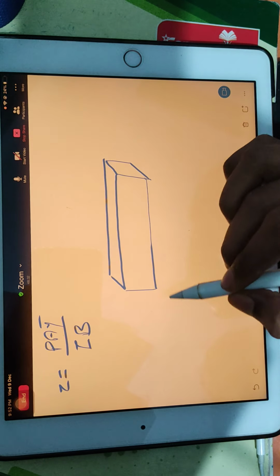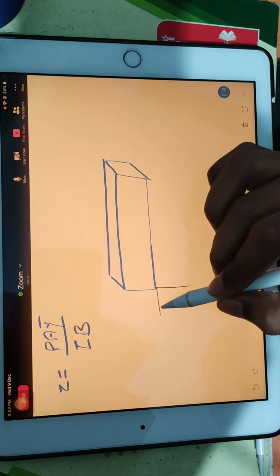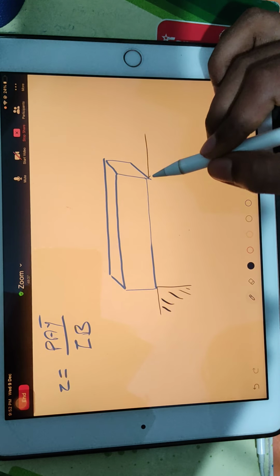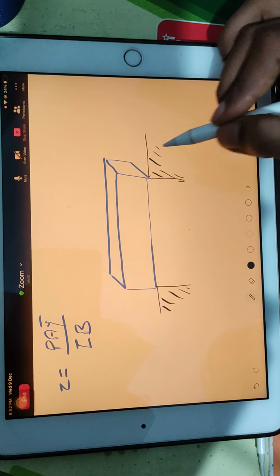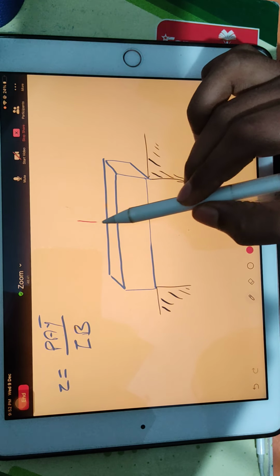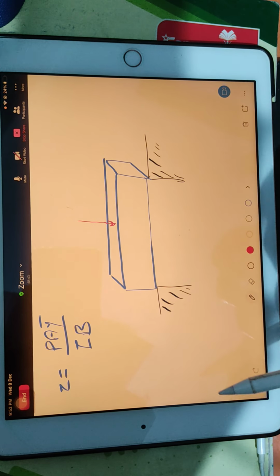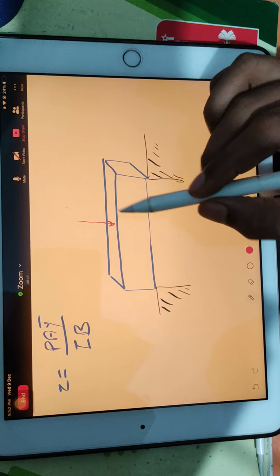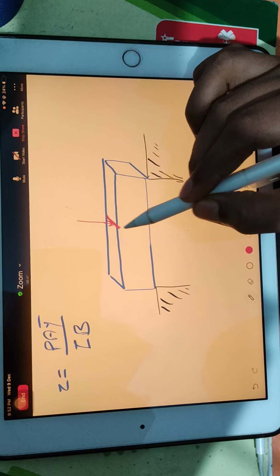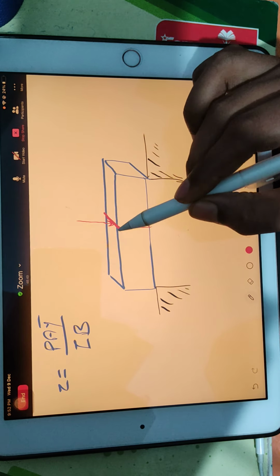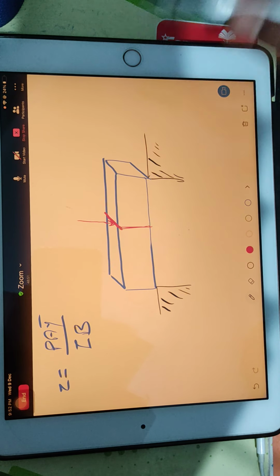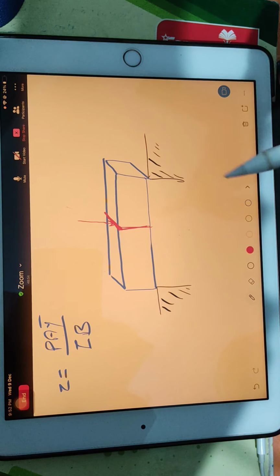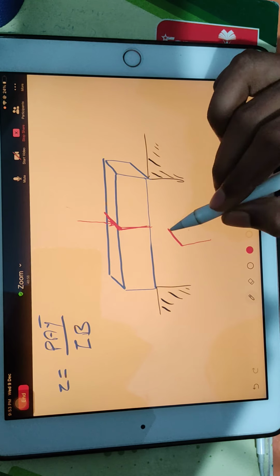And this beam you are keeping on any support. This is your support and this is your support, and here you are applying a load exactly in between. So what will happen, this beam may cut from this direction, from this cross section, it may break. So if you will see this cross section separately,